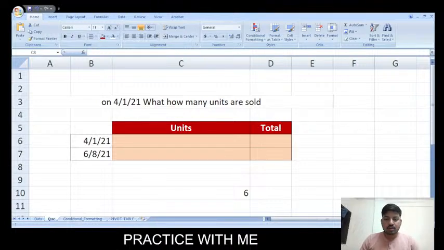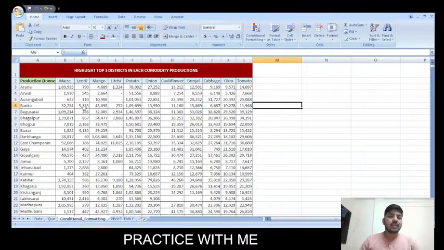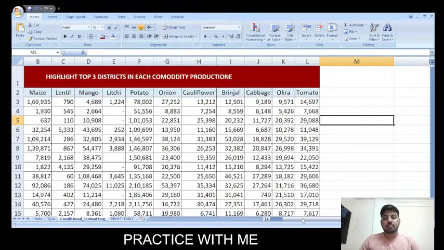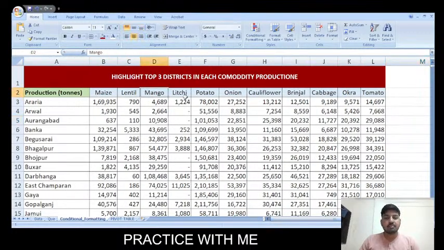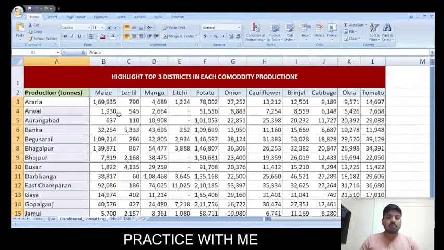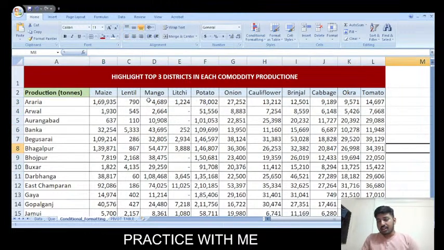We'll just shortly cover two very simple problems, that is conditional formatting. And here I am having the problem that I want to highlight the top three districts in each commodity produced. So here I am having the maize, lentil, mango, lychee, potato, that's all. And here are some districts, and I have put their production and how much it has produced. But I want the top three. I just want to highlight now. If I see this whole data, I'm not able to make any sense out of it. But what if I just highlight the top three districts so that I can measure their